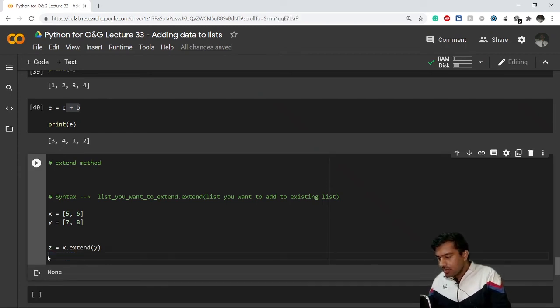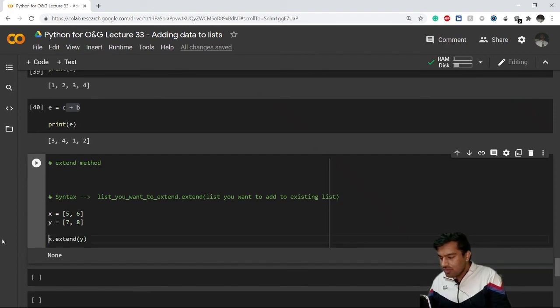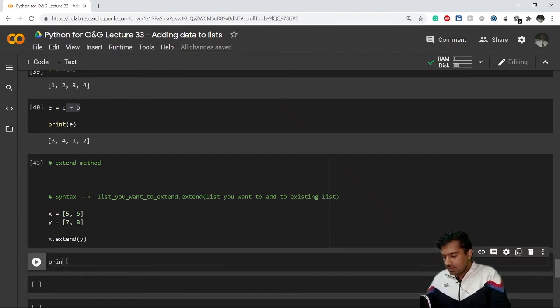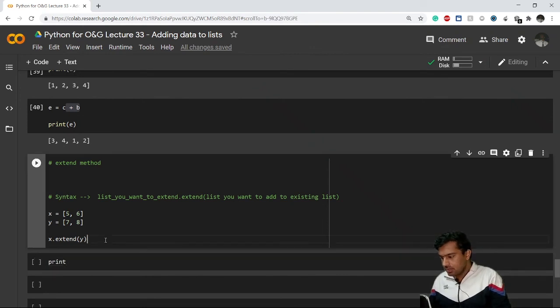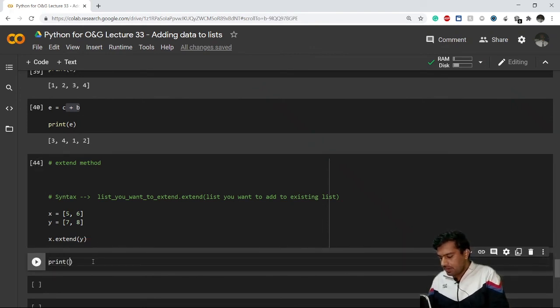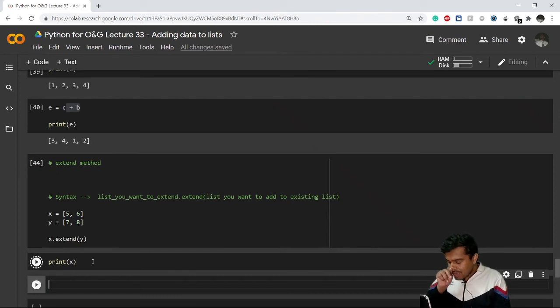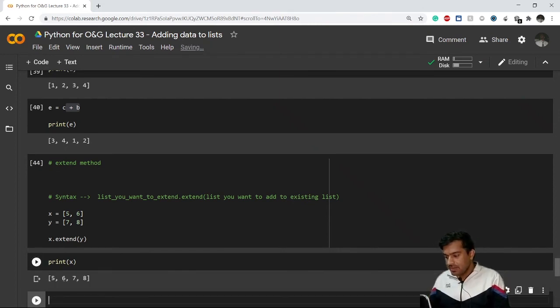This will work automatically. It has extended the value of x, right? So if I print x again now, let me do this again, and if I print x now, I'll see that x has been extended here, 5 6 7 8. So this is how extend method works.